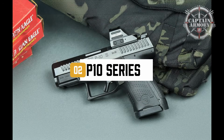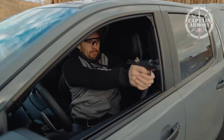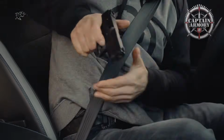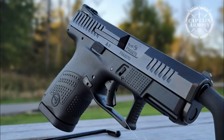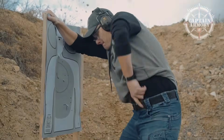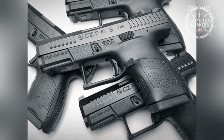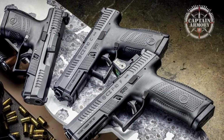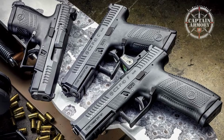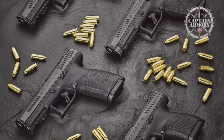The CZ-P10 line spans options for different carry needs, from compact concealment to ported compacts that handle like larger pistols. Built on a striker-fired, polymer-framed platform, the series emphasizes trigger quality and balanced handling. The P10S targets minimal footprint and deep concealment, while the P10C and P10C ported offer more grip length and a longer sight radius for improved stability and